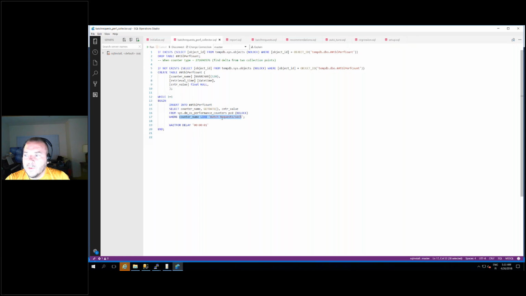The higher the value, the better. That means that SQL Server is able to get more data from disk, so it's using optimal pathways to fetch the data. And I'm going to query that counter infinitely and store this data to a temporary table called tbl_perf_count. So I'm going to run this query in the backend to collect the performance data.